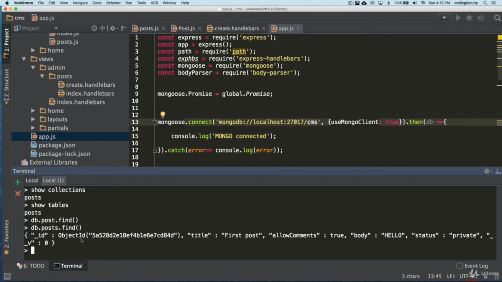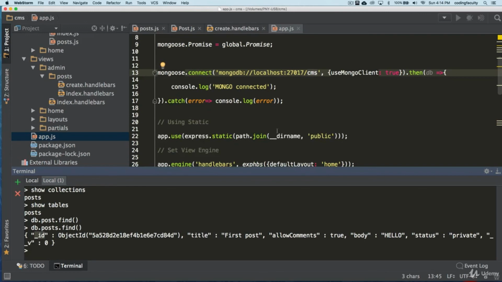Now, look at this object ID here. This is created automatically by Mongoose, okay? So we got this object ID, which is not a string, guys. This is, as you can see, more than a string. This is referring to this object, okay? And every ID is going to be different, okay? And you can refer to this object ID by doing underscore ID. You're going to see me doing that later, okay? But it worked. The first time it worked.